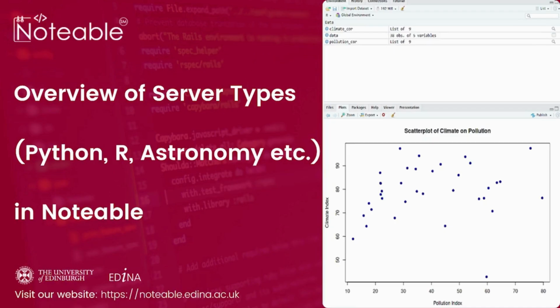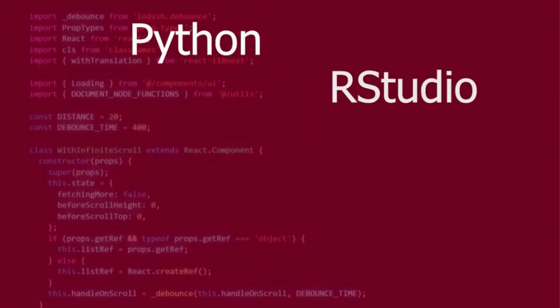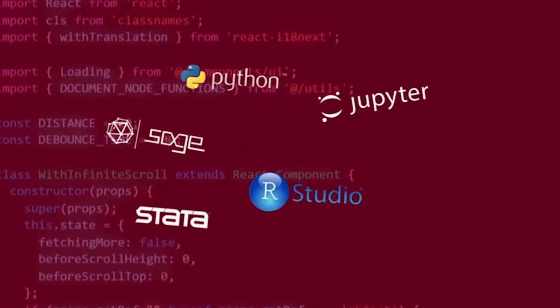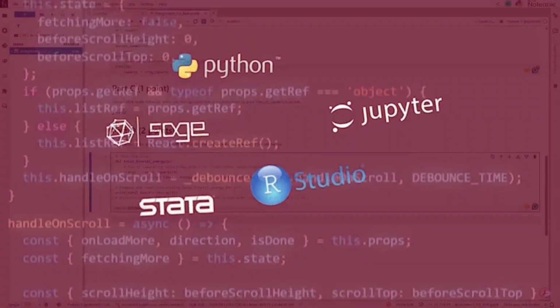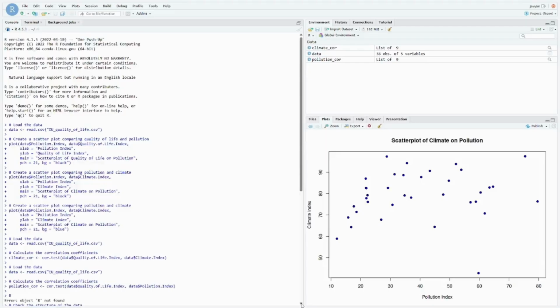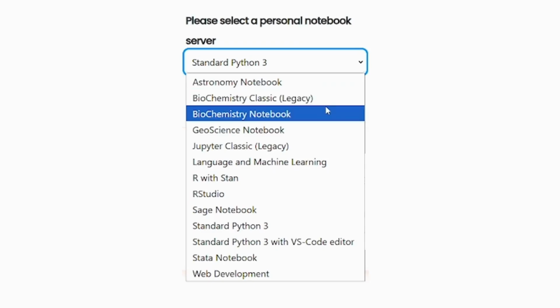Hello, and welcome to this video where I'm going to give an overview of the server types available in Noteable. These include Python, R, and specialist subjects like Astronomy and Biochemistry. Noteable offers a wide range of notebooks, each tailored for different subjects and workflows. Whether you're coding in Python, exploring data in R, or diving into astronomy or biochemistry, there's a ready-to-use environment for